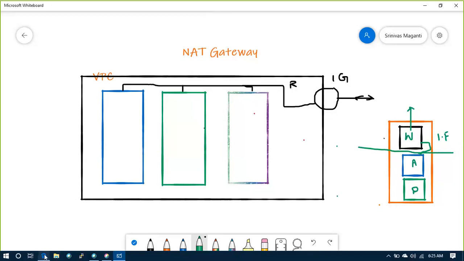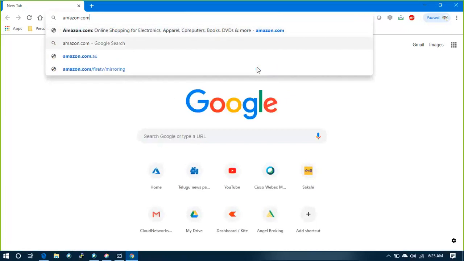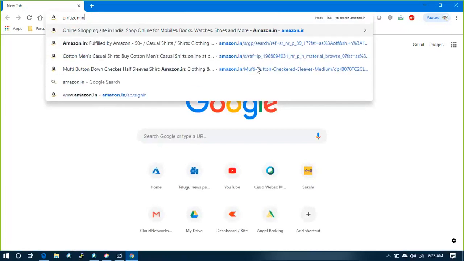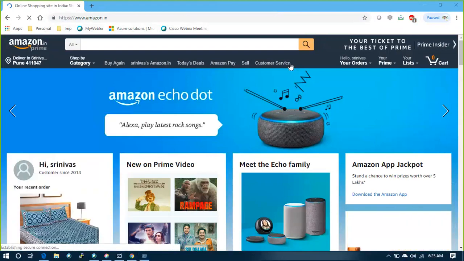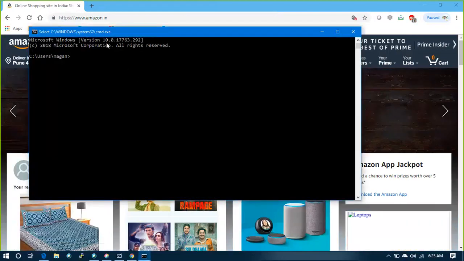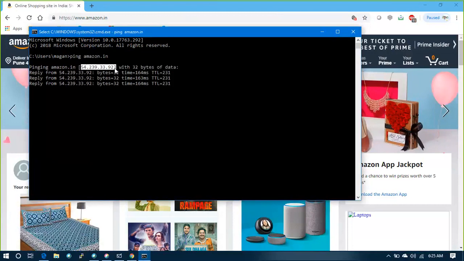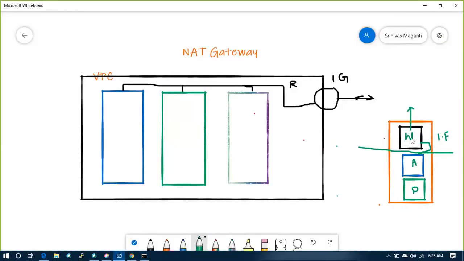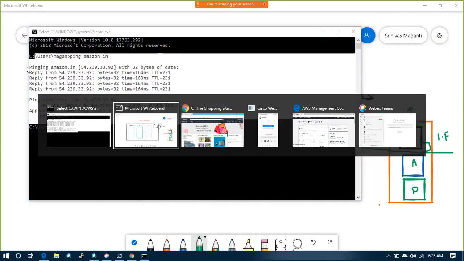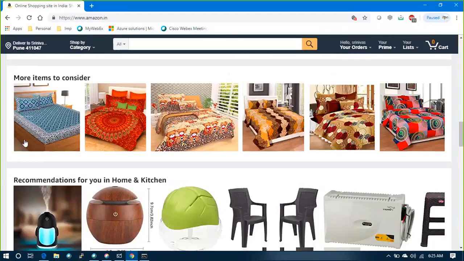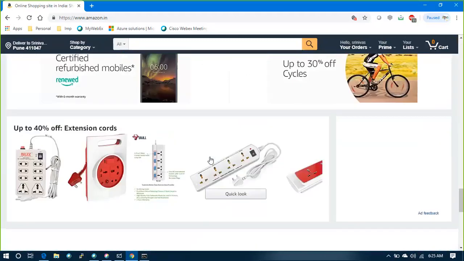Let's take an example. This is one of your web servers, which is running on the internet and responding over the internet. So whatever pages you see here are from one of the web servers, right?